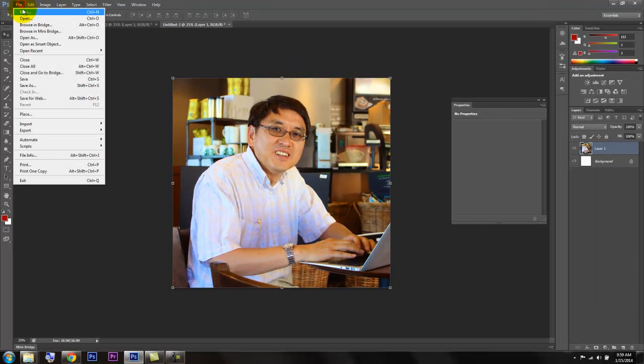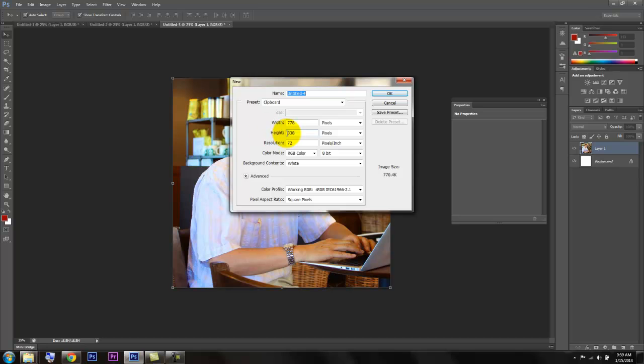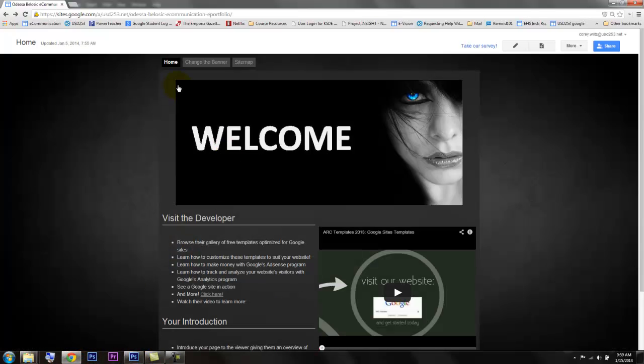and I'm going to go to File, New. Photoshop knows that I just copied something, and so it's going to tell me what the pixel dimensions are of that image that I just copied. So you can see this is 778 pixels wide by 338 pixels high, with a resolution of 72. So you can see that that is the dimension of this. It's 778 pixels wide by 338 pixels in height, and then 72 pixels per inch, which is typical resolution for